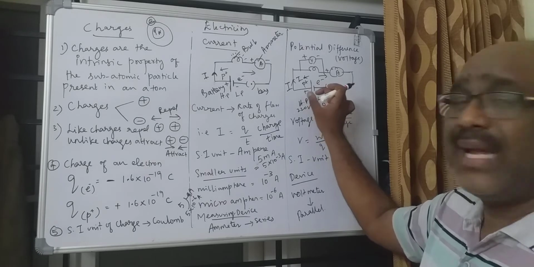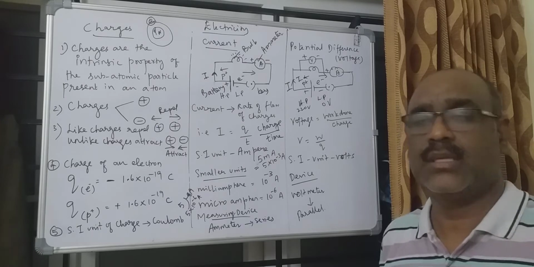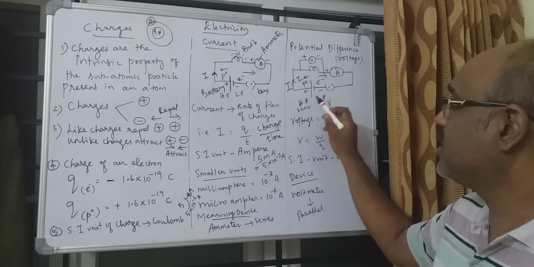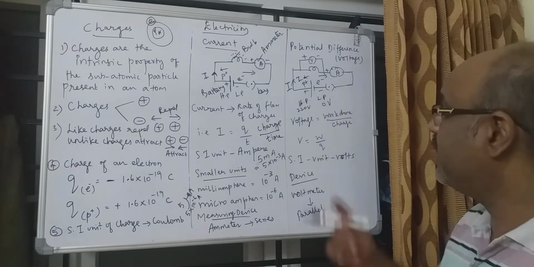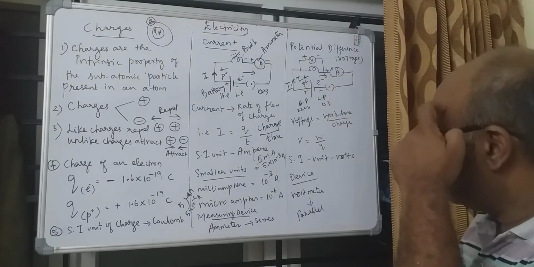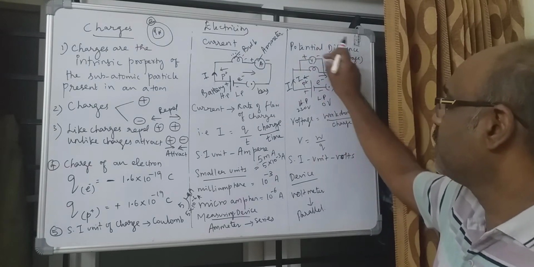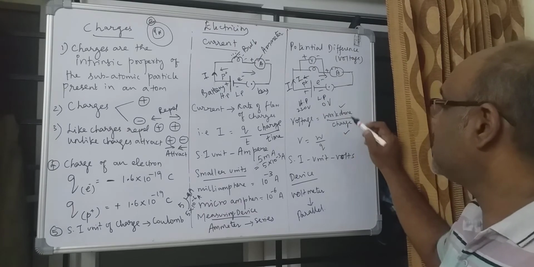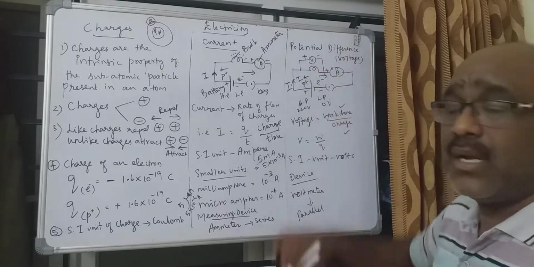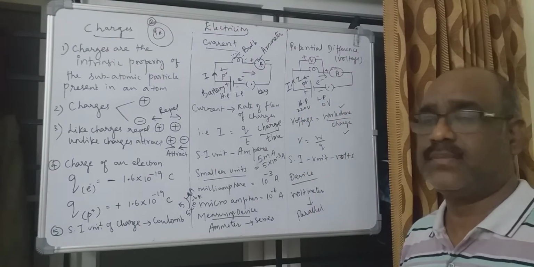So there should be a difference in potential between the two ends of the conductor, by means of which work is done. When there is a difference in potential between the two ends of the conductor, and the battery is switched on, that means work is done. Some work is done to make the charges move. Here the charges are nothing but the electrons and the protons. So the electrons and protons are moving, and because of the movement of the charges, the current is produced.